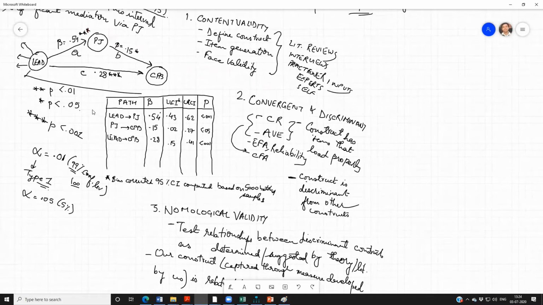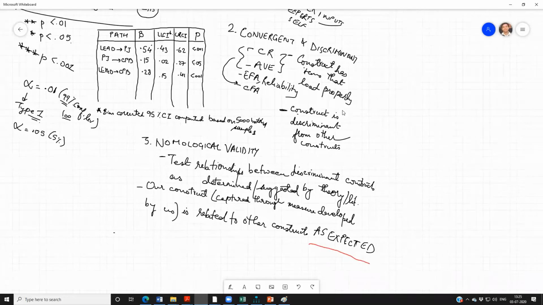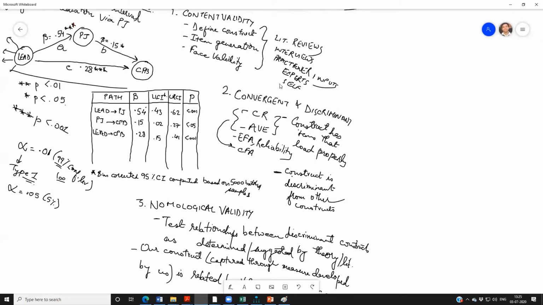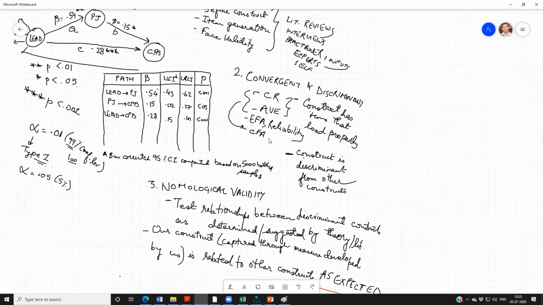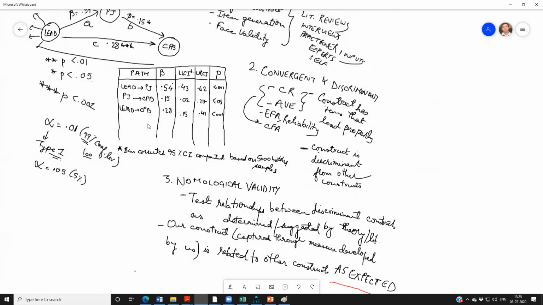These are the three things that we have tried to cover: content, convergent, discriminant, nomological. We have looked at issues around defining constructs. Why do we need measures? Defining, writing constructs, writing items. Then we have talked about doing EFAs, reliabilities, right? CFA we have looked at in SPSS and AMOS. Then we have looked at testing nomological validity, doing bootstrapping for non-normal data, reporting those